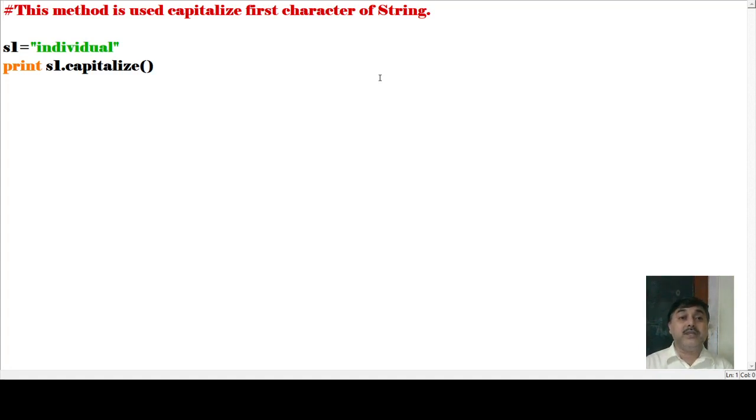Capitalize, with the bracket open and bracket close. When we open the bracket and close the bracket, we find that the total structure and the total pattern will be implemented in this manner and in this way.